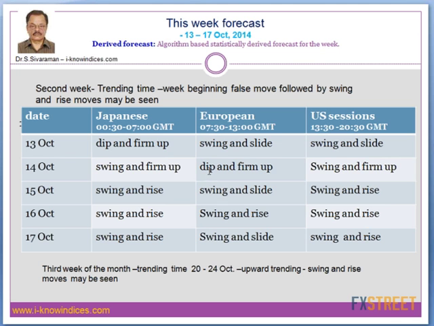At the time, you can take a buy. And then later on, they are expected to make the rise. So again, Wednesday, you will find swing and rise during Japanese session, and then swing and slide during European session, and then swing and rise during the US session. Then on Thursday, they will be able to make the swing and rise. And this time you will find the rise will be an intentional move. So no upward spikes and things like that. They will only make a drop and then steadily gain the levels. So again on Friday, they will make the swing and rise move.